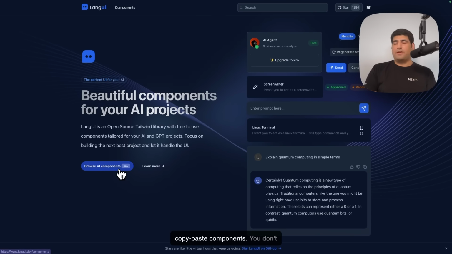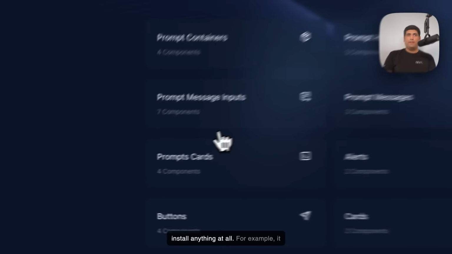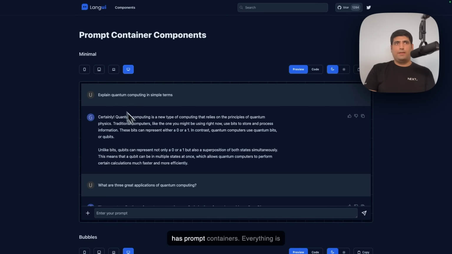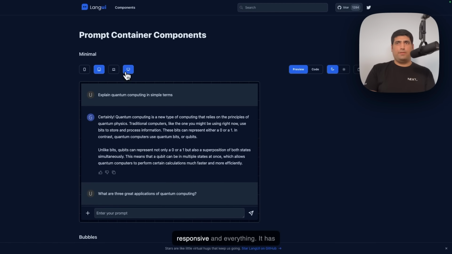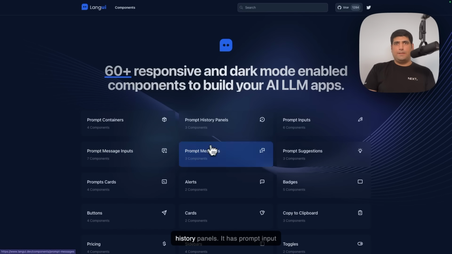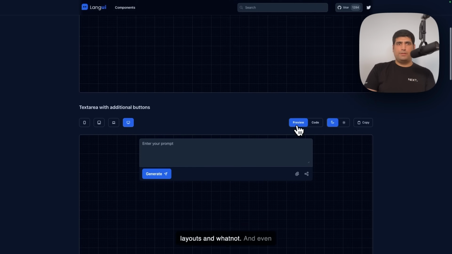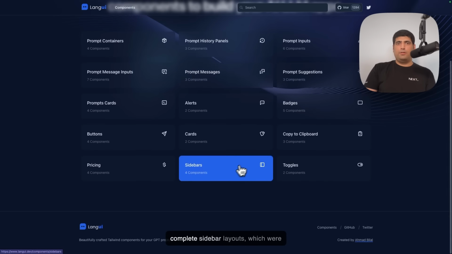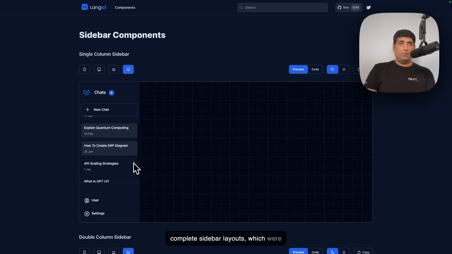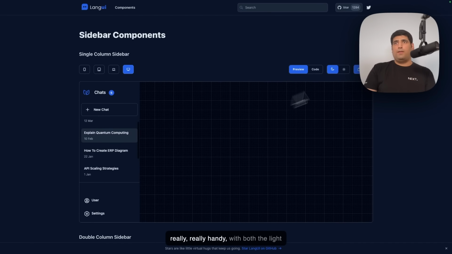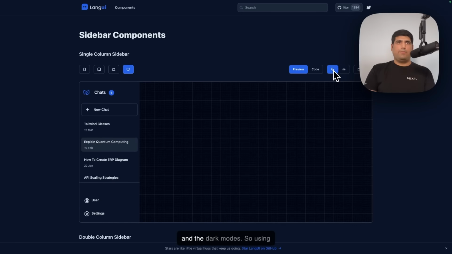It's all copy-paste components. You don't install anything at all. For example, it has prompt containers. Everything is responsive. It has history panels, your prompt input layouts and whatnot, and even complete sidebar layouts, which were really handy, right? With both the light and the dark modes, right?